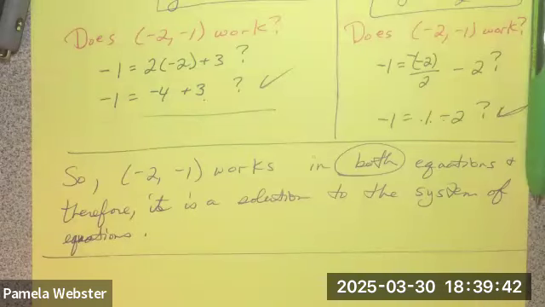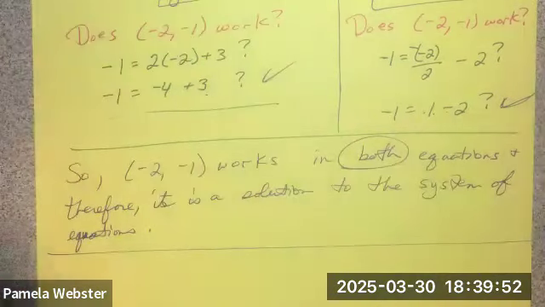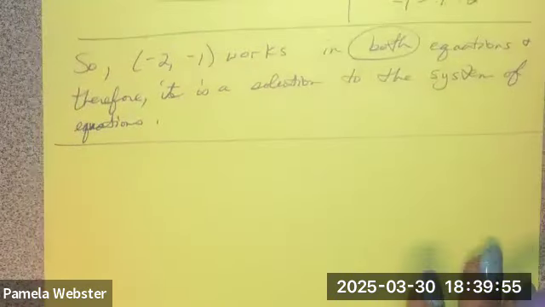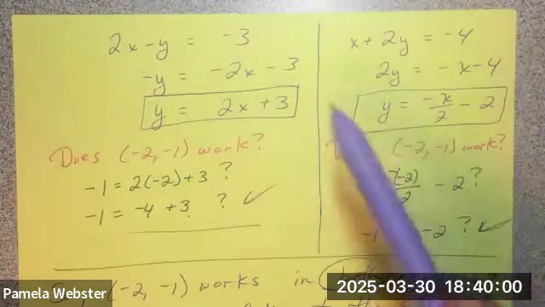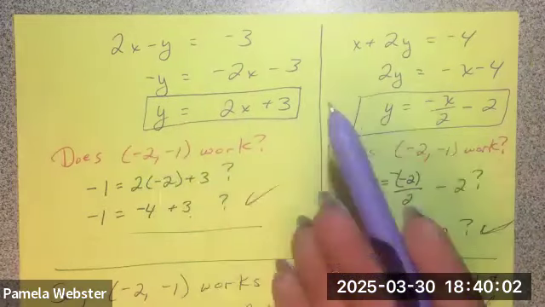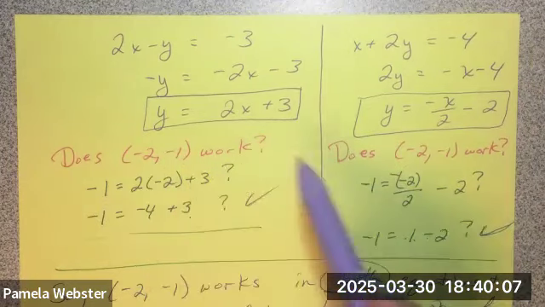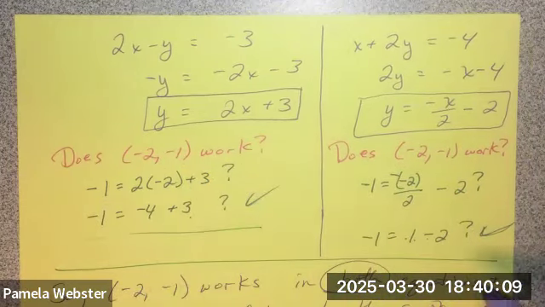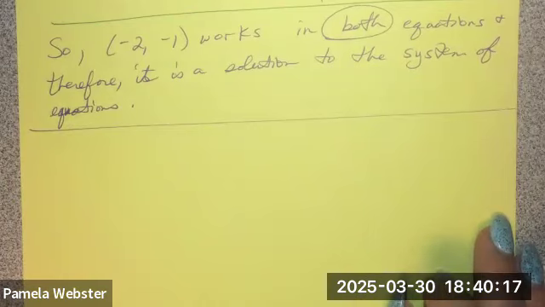Okay. Now, the graphing method is very nice because it's very visual and everybody can see what's going on. A lot of people like it. It's not my favorite, and the reason why is because it's just so stinking slow. I've got to set these equal to y equals whatever, rearrange them. I've got to graph them, I've got to intersect them, I've got to find out what the point is, -2, -1, and then I've got to check it in both equations. It just feels to me like it takes a long time,